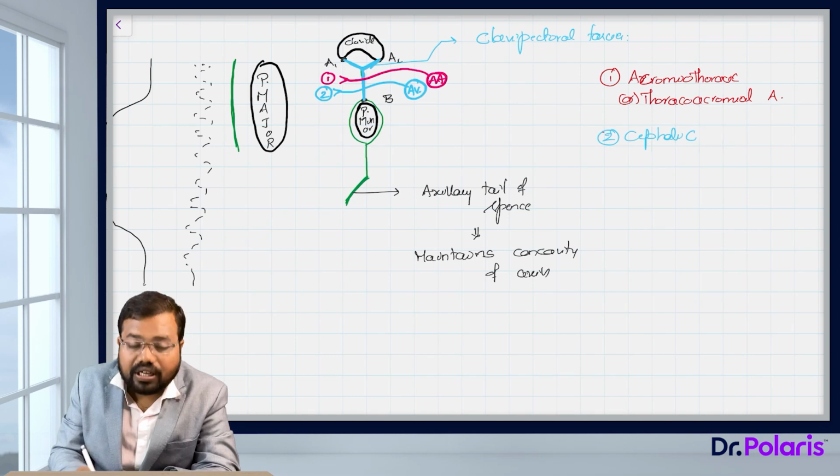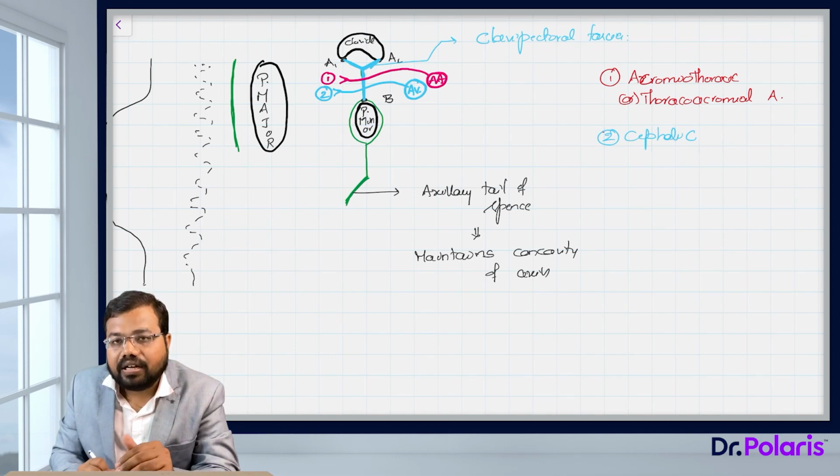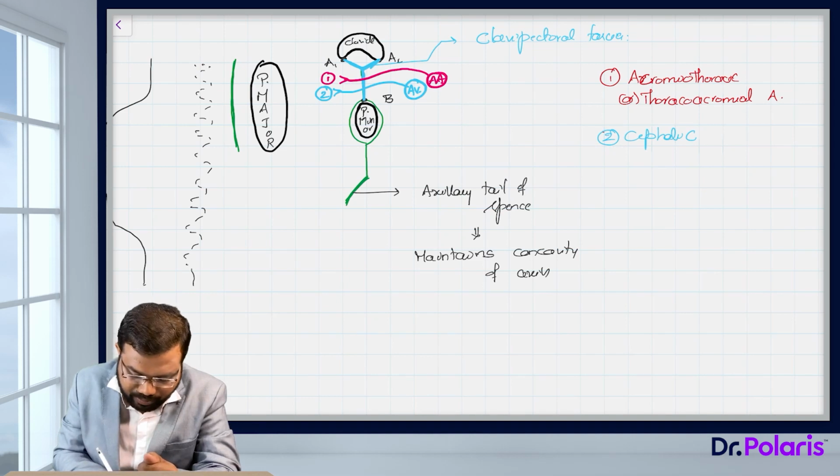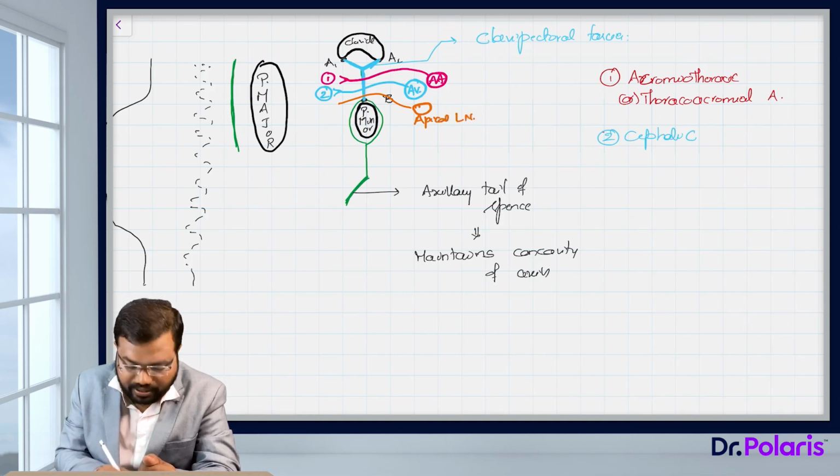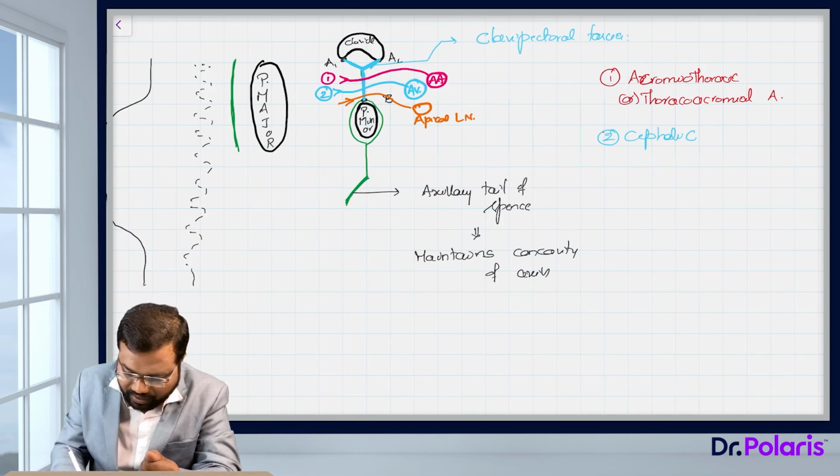Third one, we had discussed in the breast part the deepest lymphatics, right? So the deepest lymphatics also pass through this clavipectoral fascia to drain into the apical group of lymph nodes, right? So this is the deepest lymphatic. So simply you can say that the lymphatics from the breast